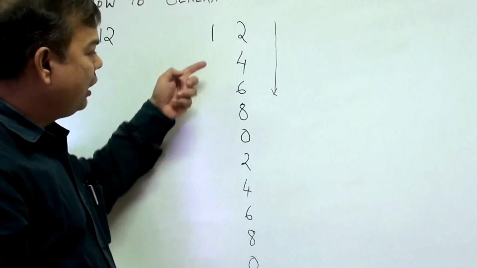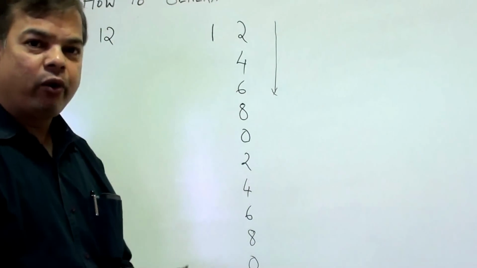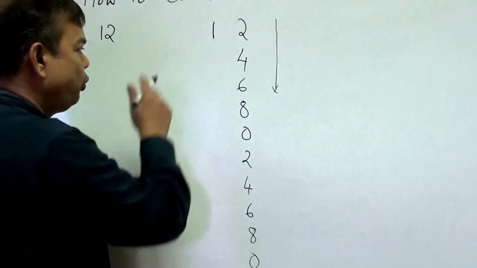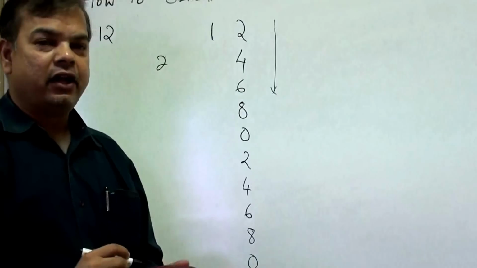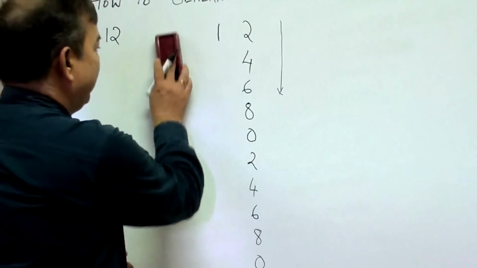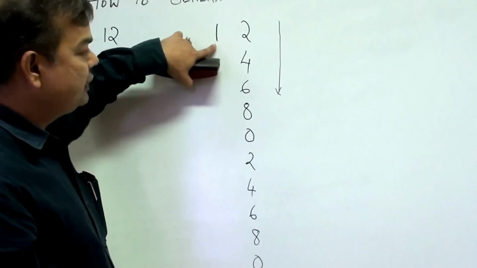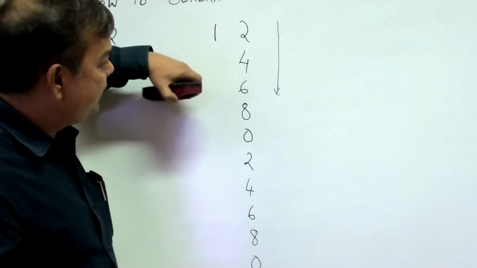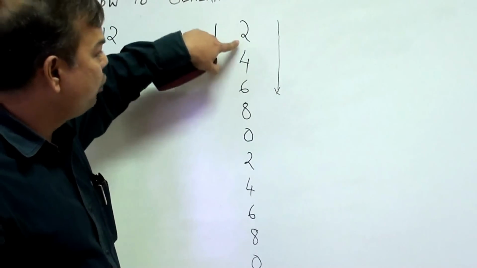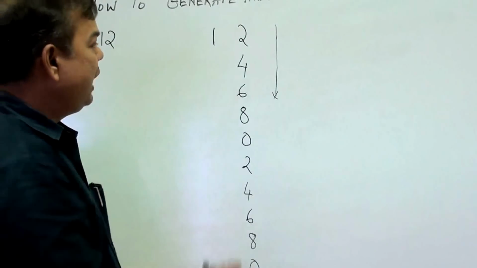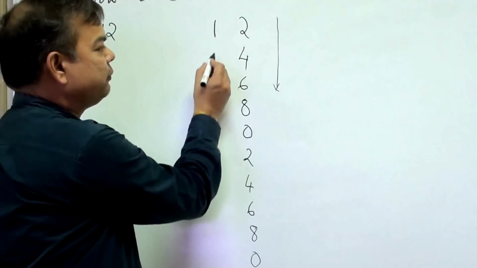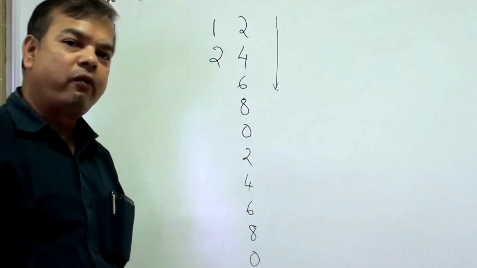Now for all subsequent numbers, either we are going to add this 1 or we are going to add 2, that is 1 more than this. Now when to add 1 and when to add 2, we will see here. Now in this case, our first number is 12, and we will see that the next number 4 in the unit place is more than 2, so we will add only 1 to the original 1. So we will get 1 plus 1, that is 2. So 12 twos are 24.